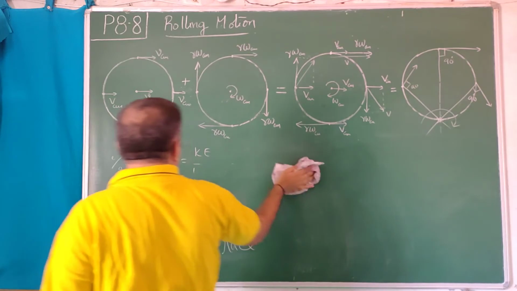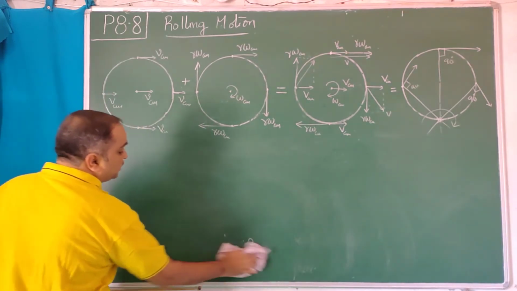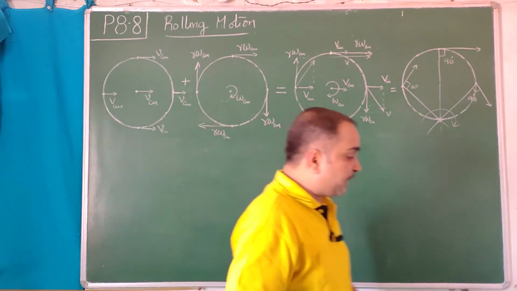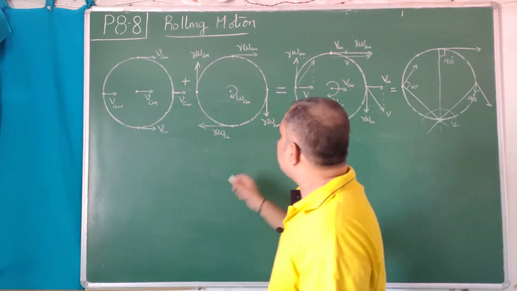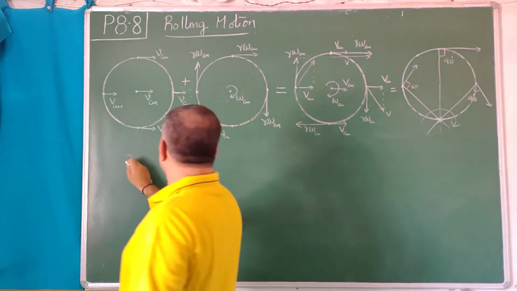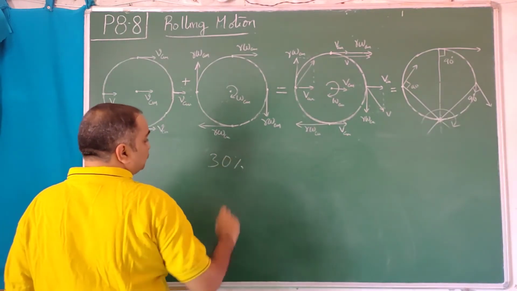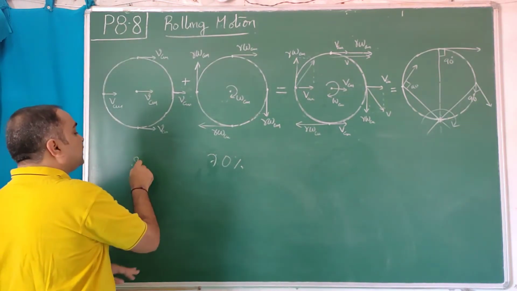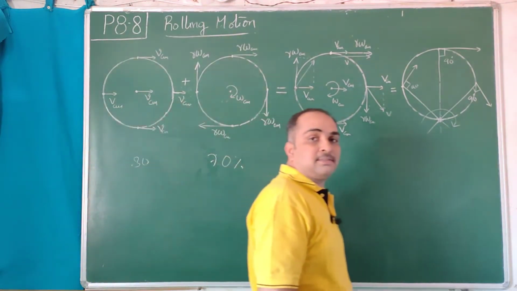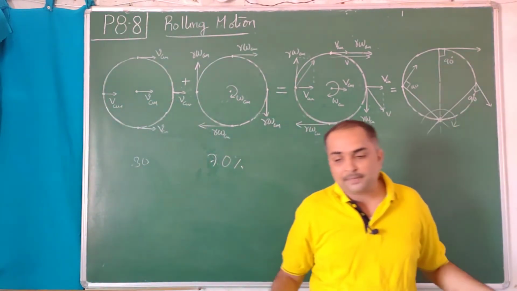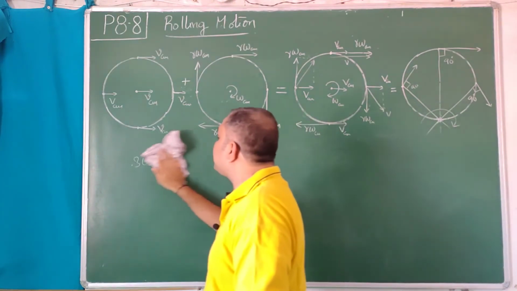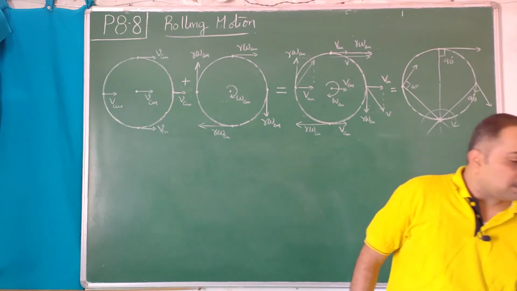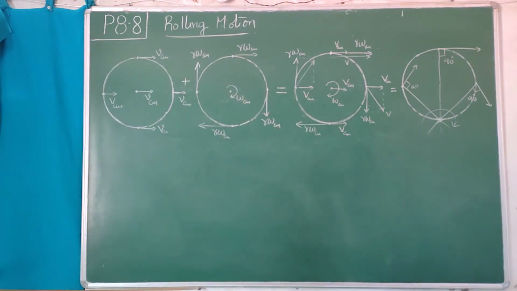In whichever object translation is more, that object comes first in the race. In the object, if the rotation is more, obviously the total percentage is 100. For example, a solid sphere will have 70% translation, meaning 30% rotation. That is better for the race. If this itself is 70% and this is 30%, it rotates more but translates less. And rolling motion altogether, we are considering from one point to another point in that race, that will come next. These are the important points which you need to understand regarding rolling motion.